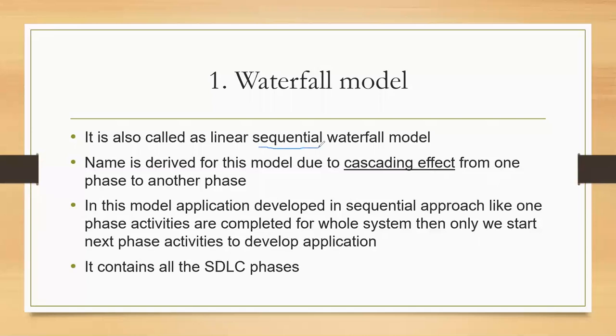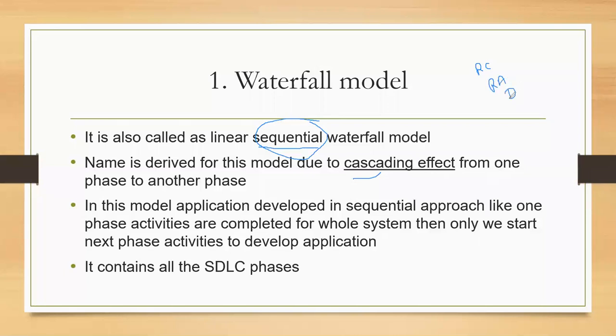Sequential waterfall model and what is the meaning of cascading. Sequential means, in terms of phases, one phase's activities are completed for the whole system. Then we can go for the next phase's activity. Which phases? In SDLC we already discussed the phases: requirements collection, requirements analysis,